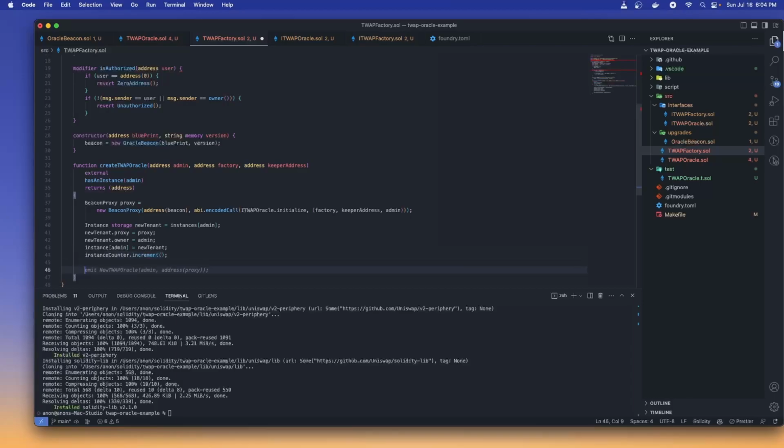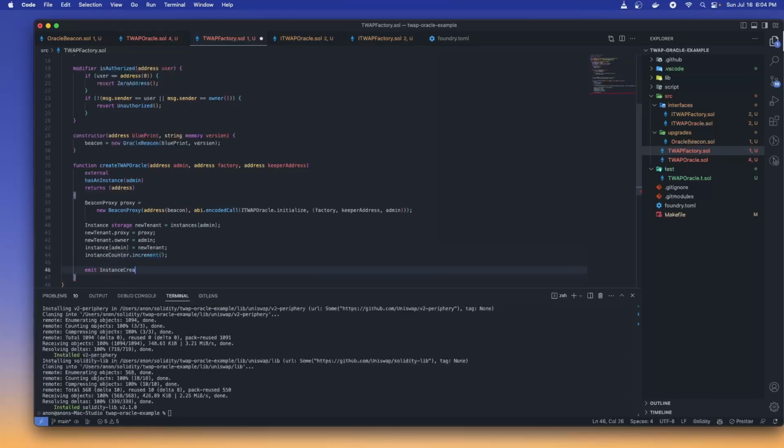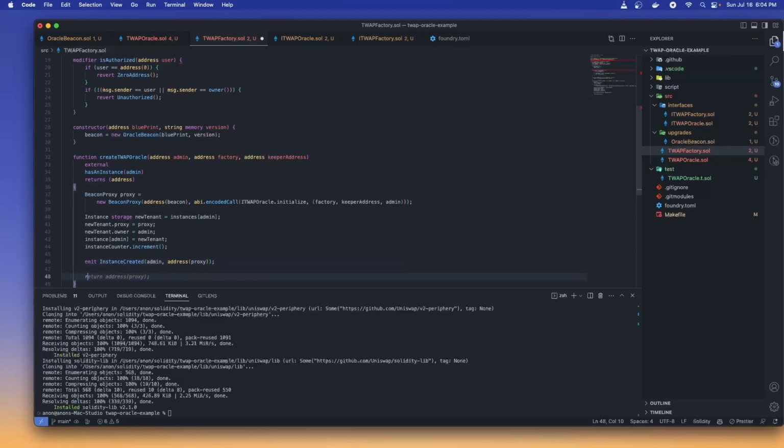And after that, let's emit an event. So we'll create an event called instance created. That way we can watch for these events later down the line, and we'll pass in an admin and also the address of the proxy itself. All right, and then at the very end, we will return that proxy address. Return the address of the proxy, and